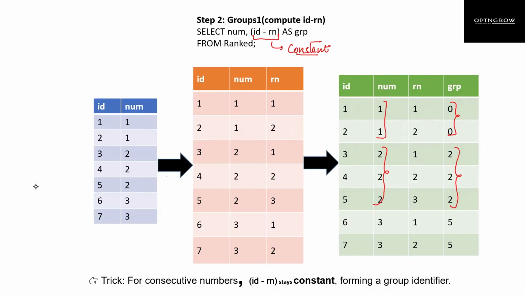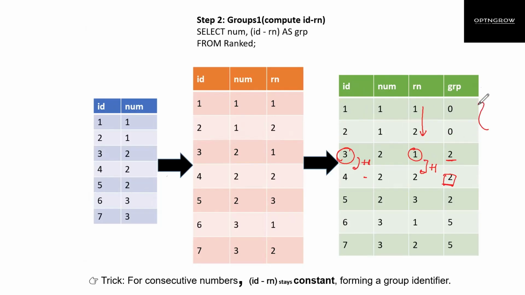If you think logically, it's very simple. See, ID is in incremental order. It is increasing by 1. RN is again in increasing order, and it is again increasing by 1. So see, over here also, suppose it starts from 1. The difference would be 3 minus 1, which is 2. On the next row, this will increment by 1, and this will also increment by 1 because it's a consecutive number. So again, the difference remains the same, 2. In this way, we have a pattern over here.